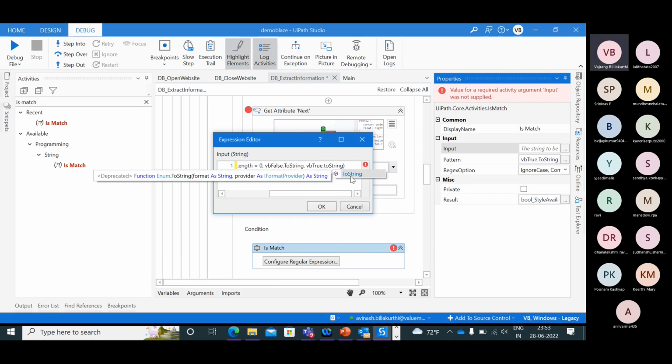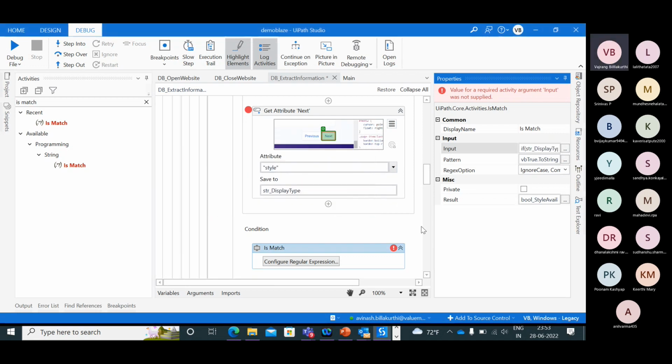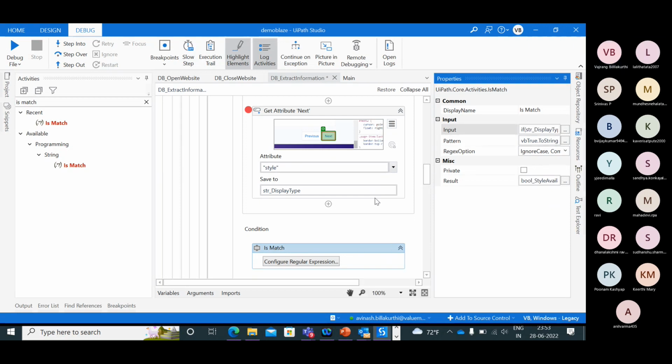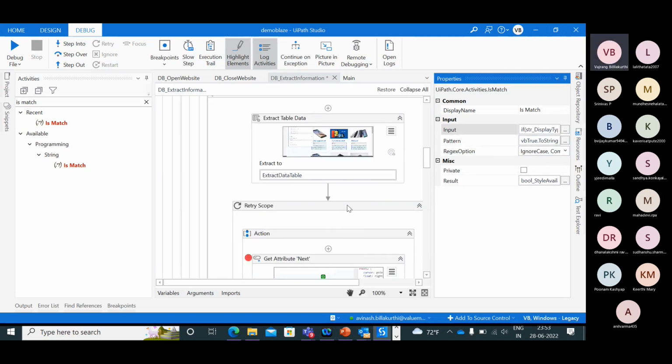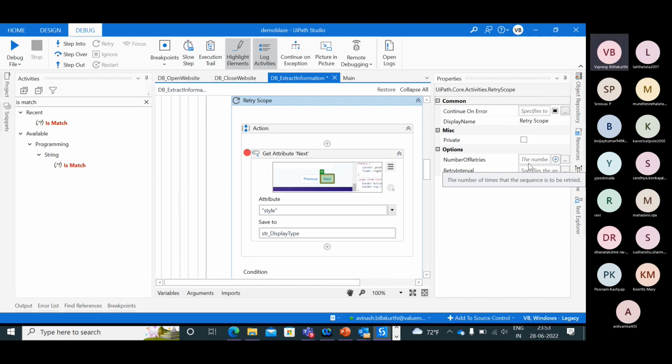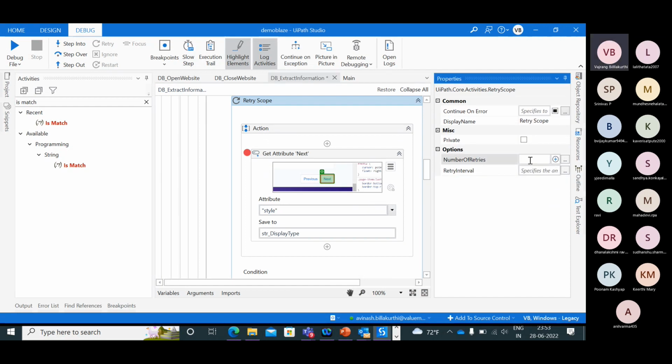So what it will exactly do is it will retry for 3 times. This retry scope will retry 3 times, and the retry interval is every 3 seconds.